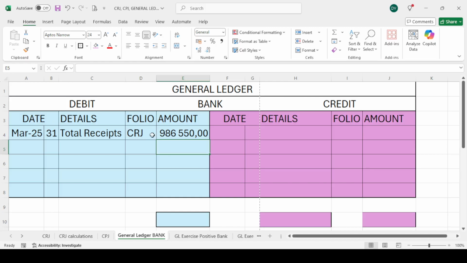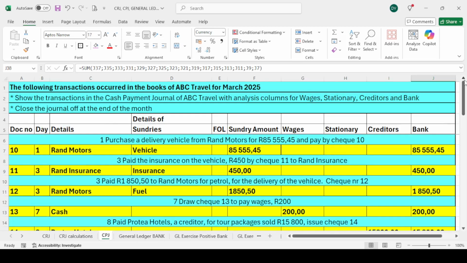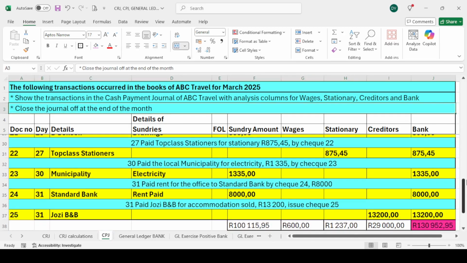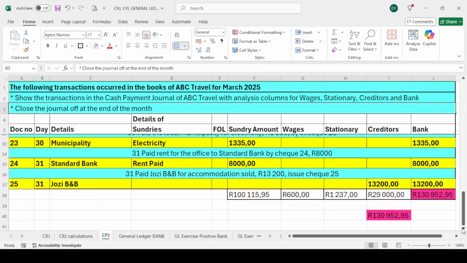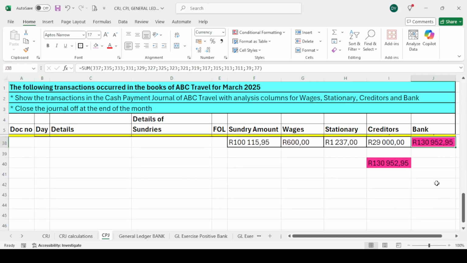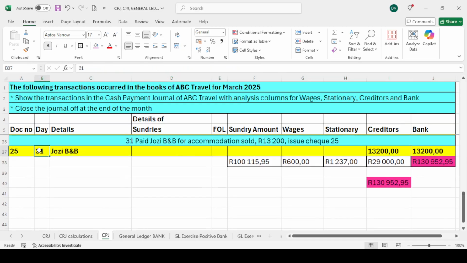You do the same with your cash payment journal. On the other video, I did this cash payment journal. The amount that we have to insert on our general ledger is the total of bank. In this case, it was 130,952 Rand and 95 cents. This journal was also for March, and you also closed it off on the 31st. So we simply insert the information on the general ledger,